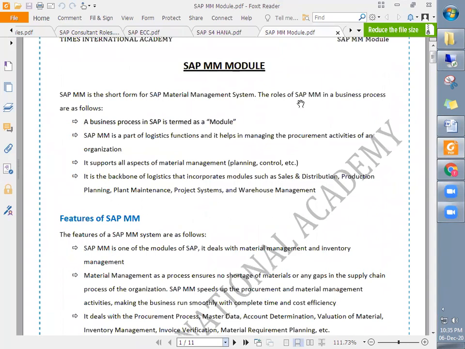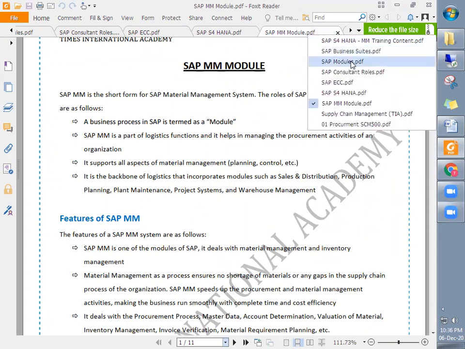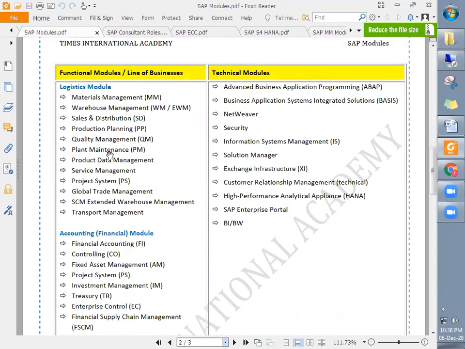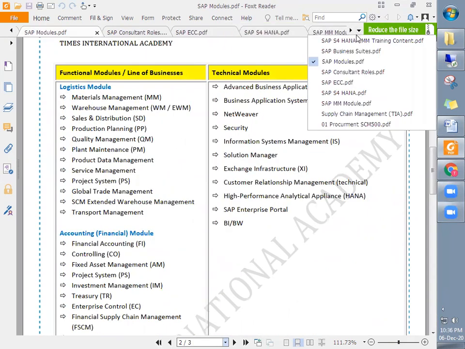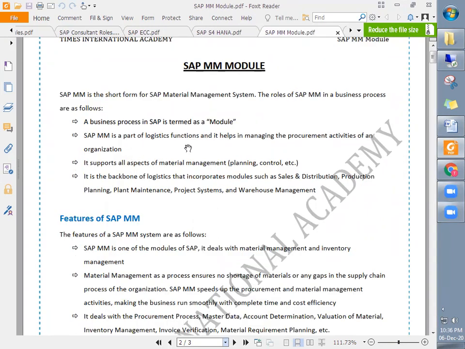The role of MM in a business process: a business process in SAP terms is a module. MM is a part of the logistics function, as I told you, and it helps in managing the procurement activities of an organization.